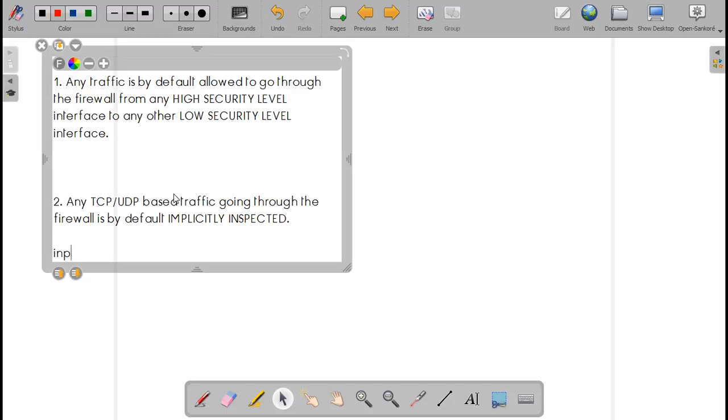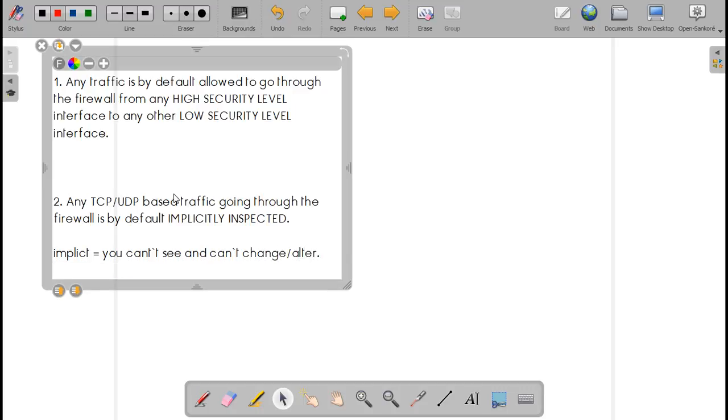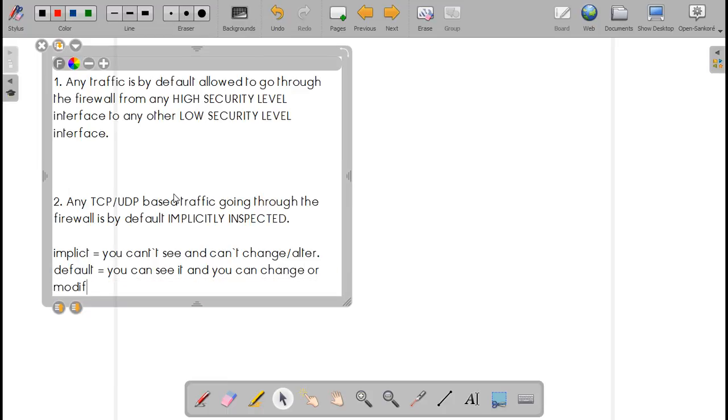Implicit is something that you can't see and can't change or alter, and default is something that you can see and you can change, modify, or alter.